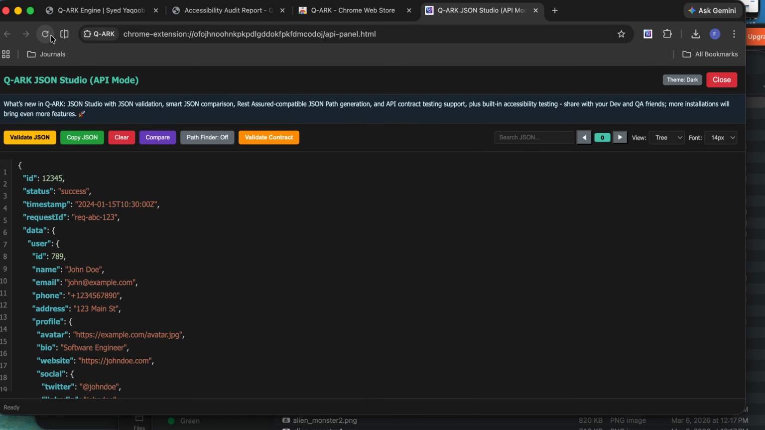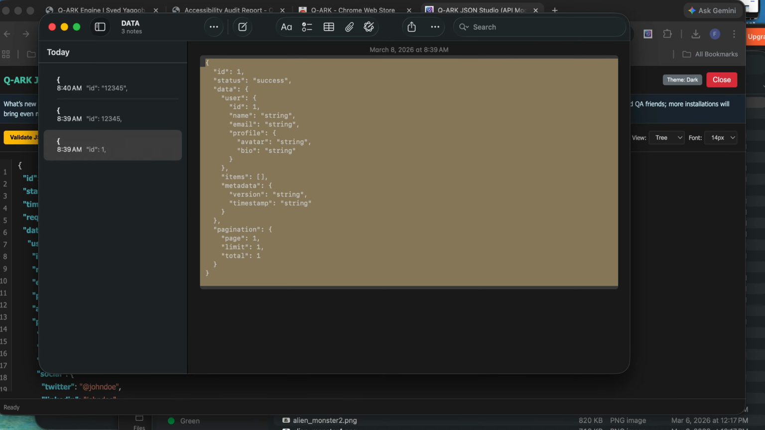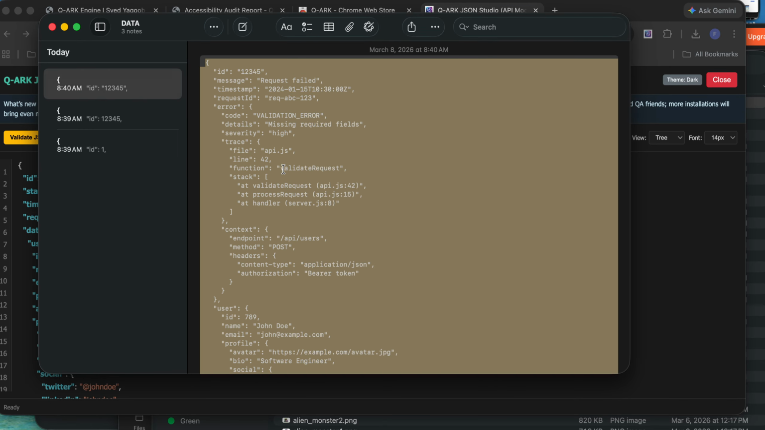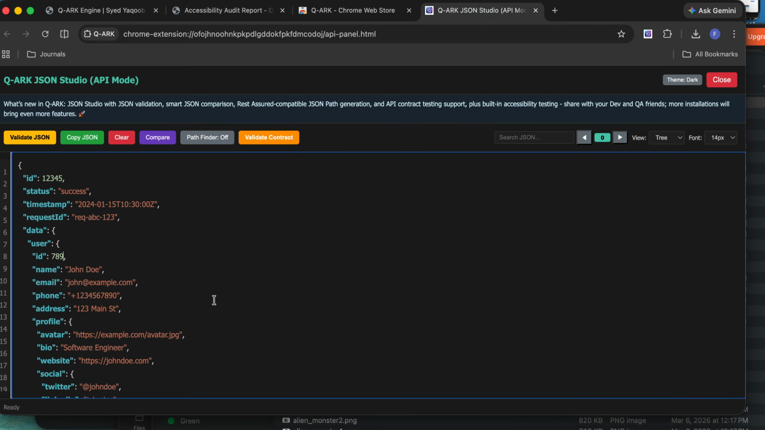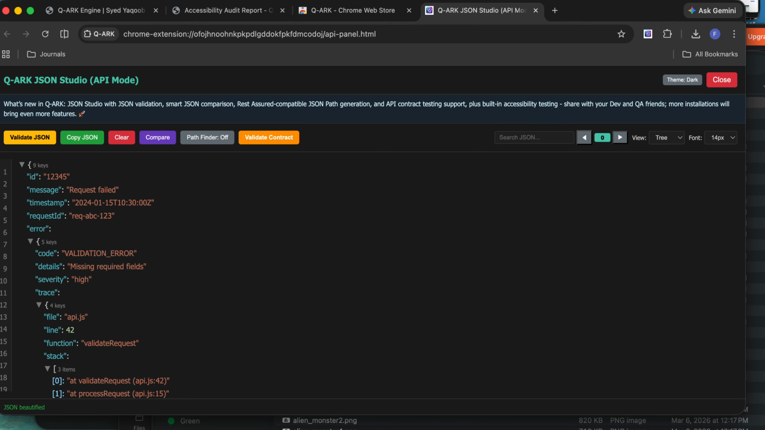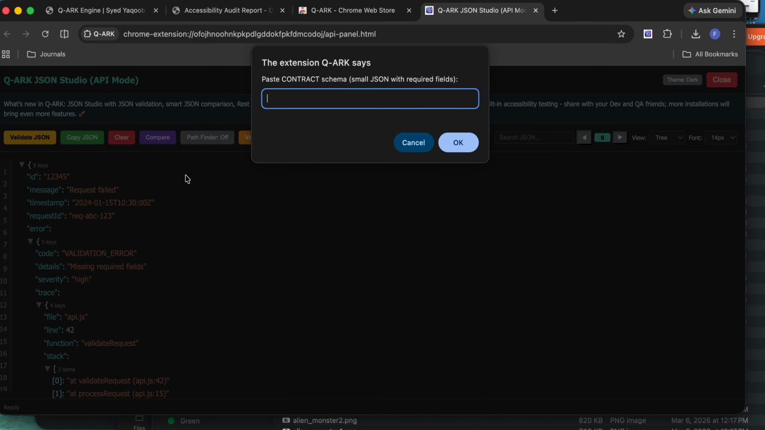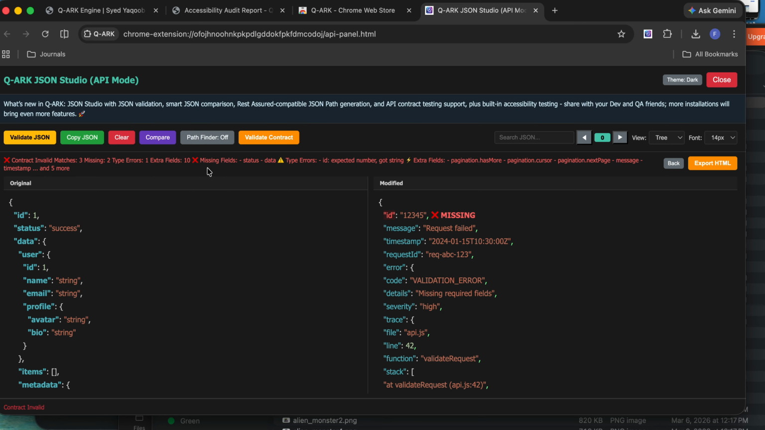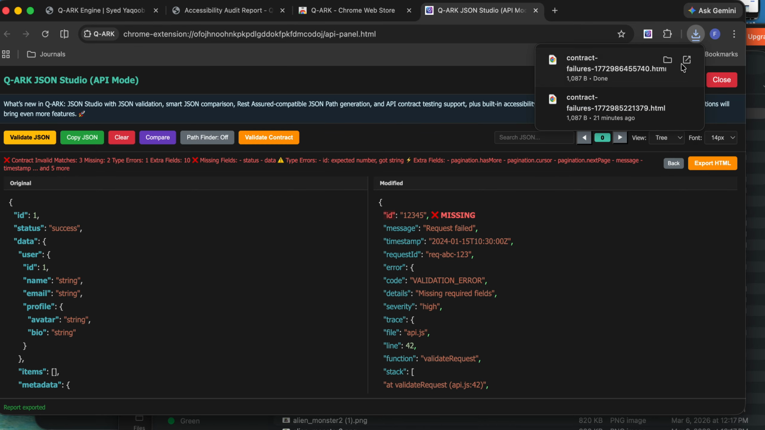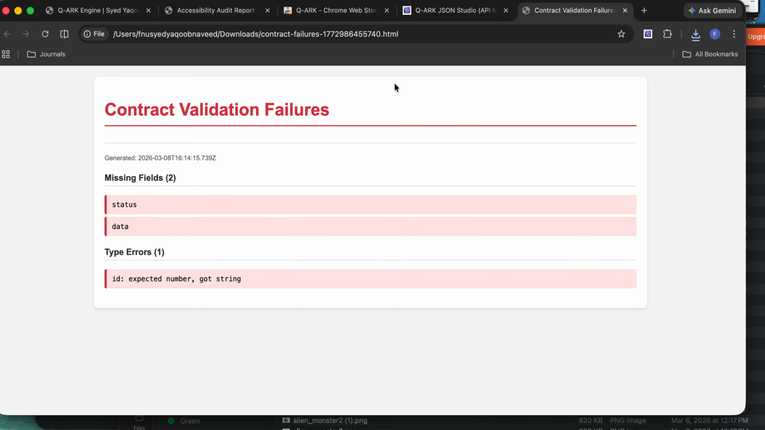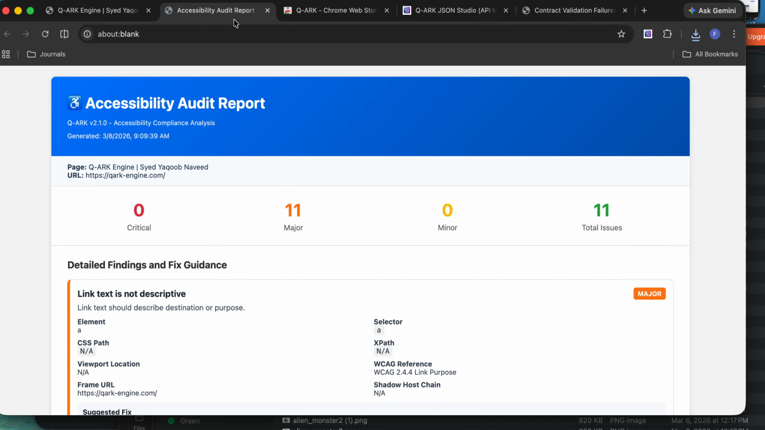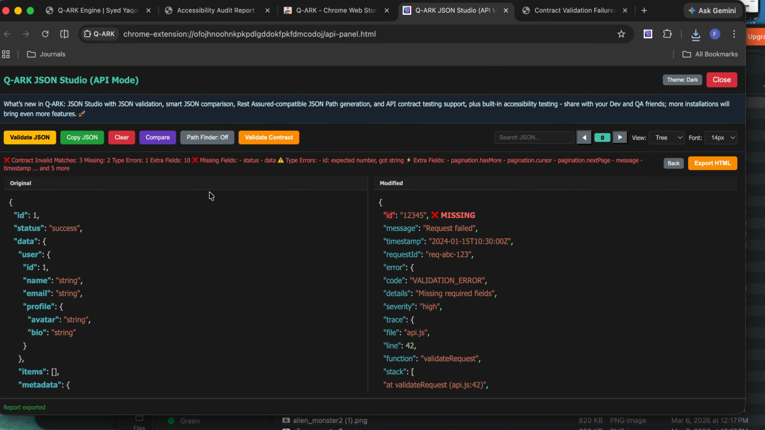Just refresh this page. Here, contract, copy it, paste it, and let's check the contract. Validating the contract, it will give you the errors here. So if you want to check it quickly, how it looks like, let's open it quickly. Here you see, missing fields, data and all, everything comes here. So this is all about it, you have different options, different things in one single tool which you can use,